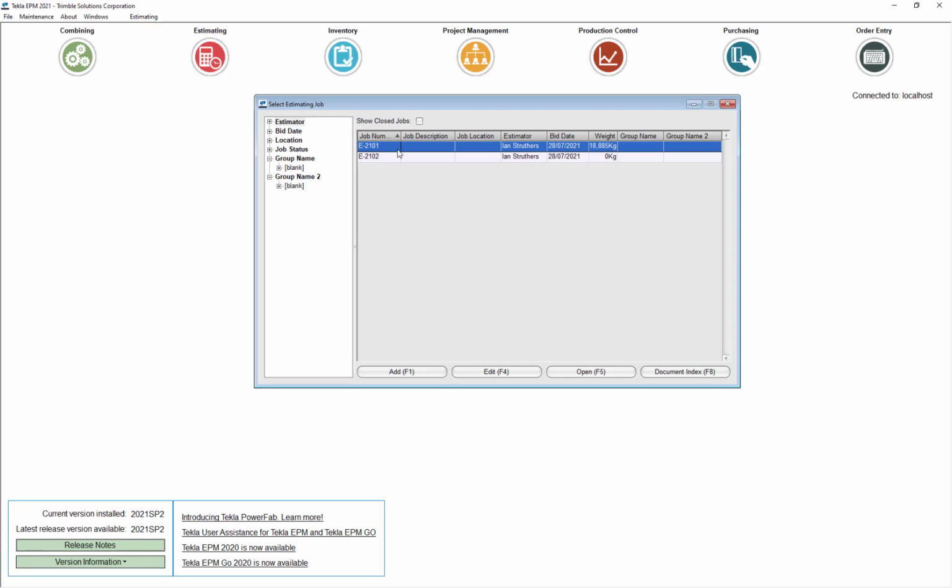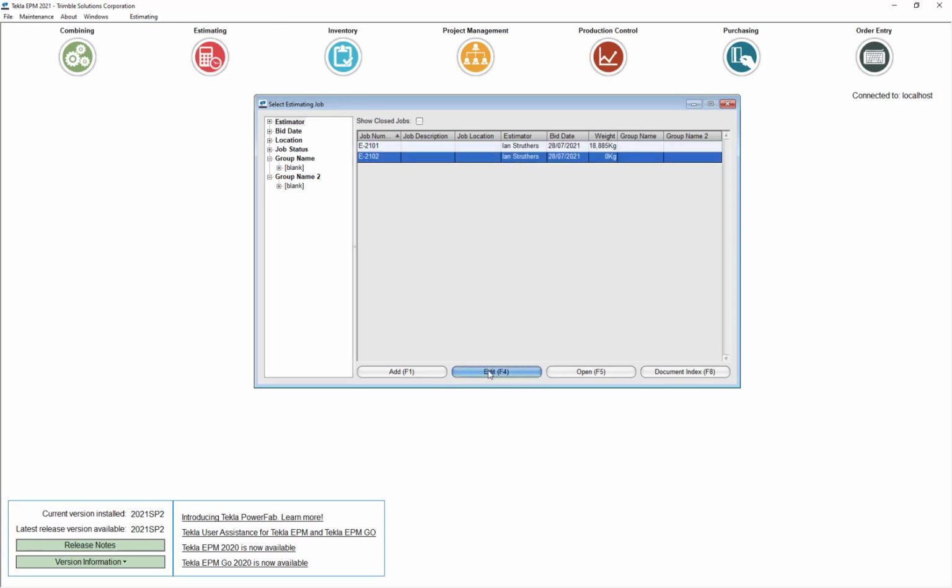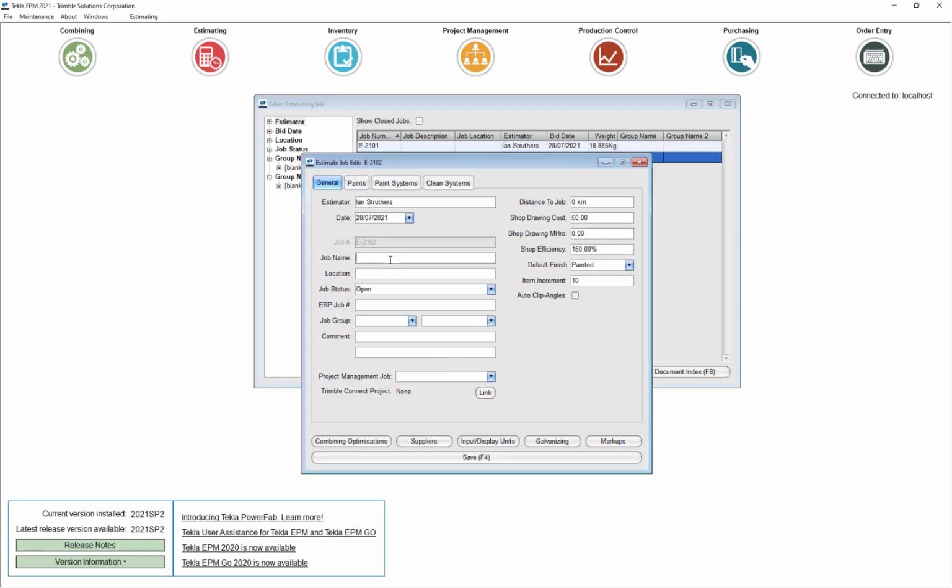Okay, so I'll start by creating a new estimate. And I'll just put in some basic details, a project description and who my customer is. I'll put in the distance to the job site so I know how much transport delivery is going to cost me. And I can put in how many hours I'm going to spend in the drawing office on this